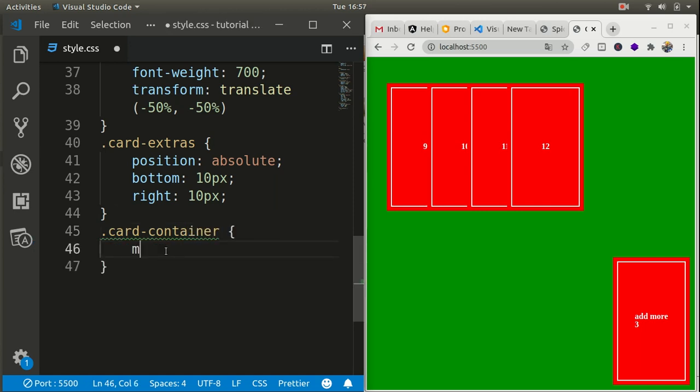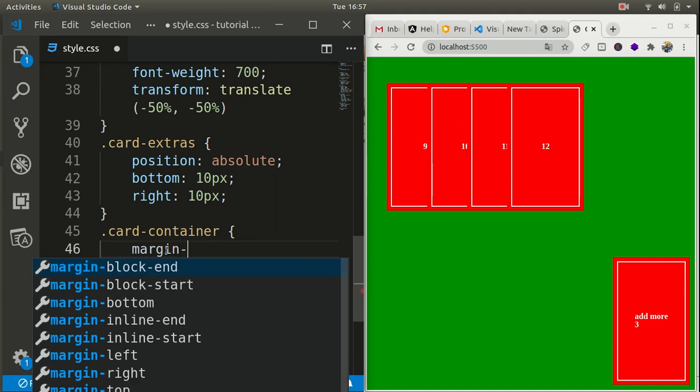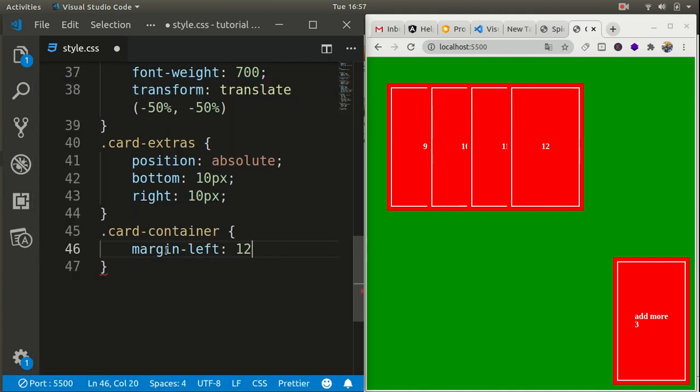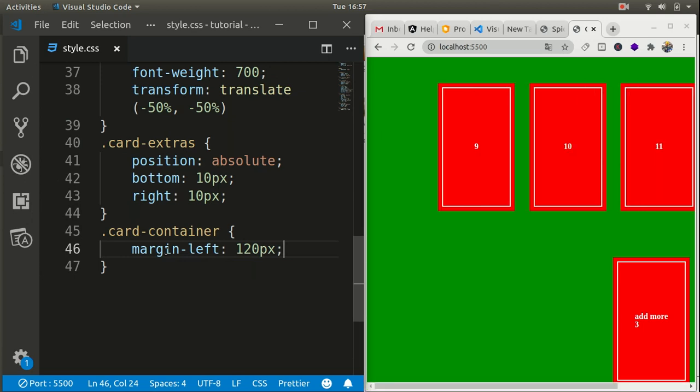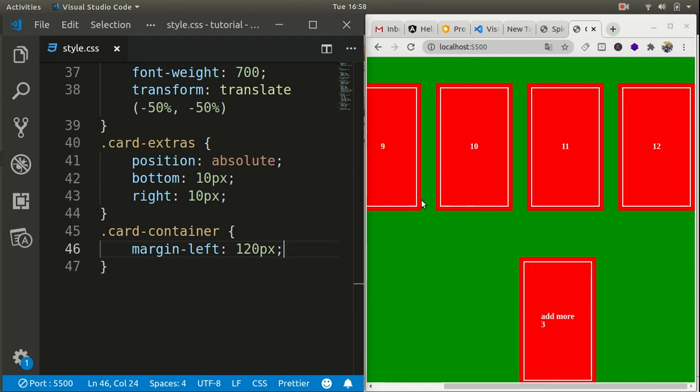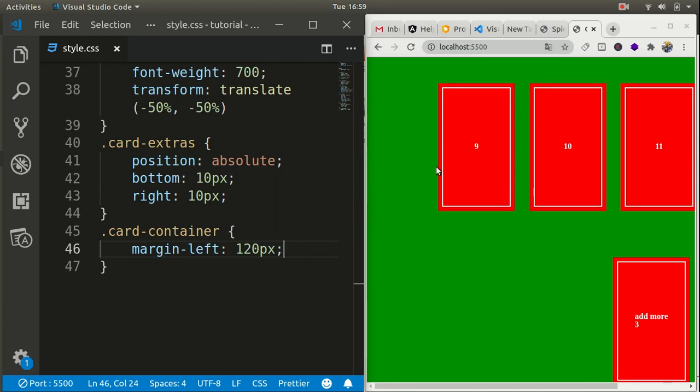We will be defining a rule for this: margin left to be 120 pixels, and if I save this, we can say that this margin left separated these 4 columns, but I don't want margin left to be applied on the first one. So we can write a specific selector for this. So let's continue.